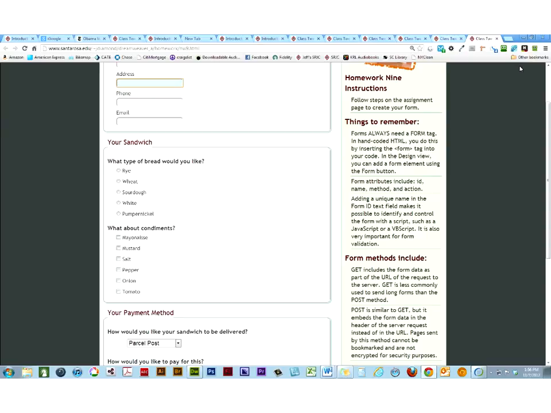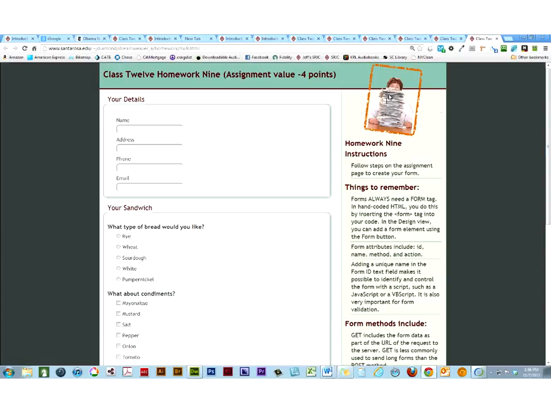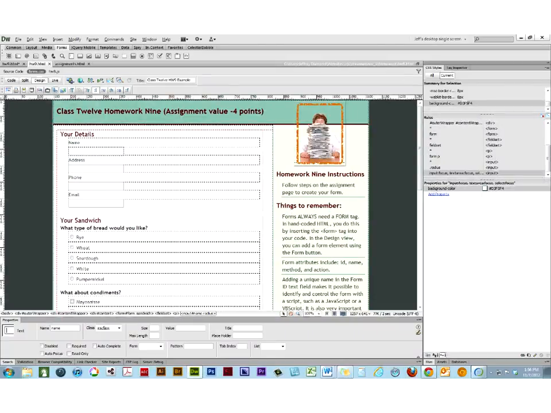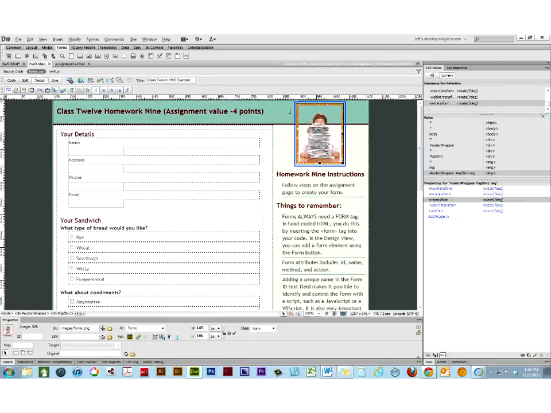The last thing that I did is I took an image and I put it, and what's it called? I'm trying to think of the words to describe what's happening here. I placed it spanning several divs. In other words, I've got my header div, I've got my sidebar div, and I've got my main div here, right? So what I did was I made my wrapper